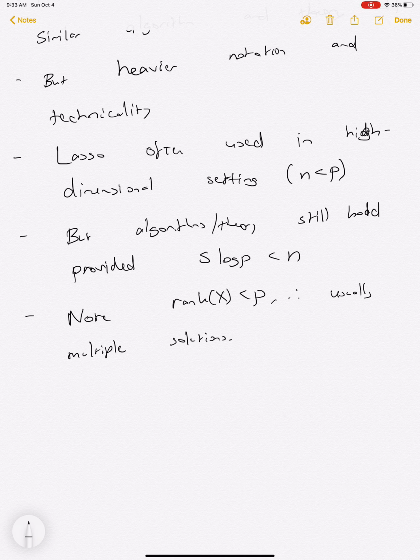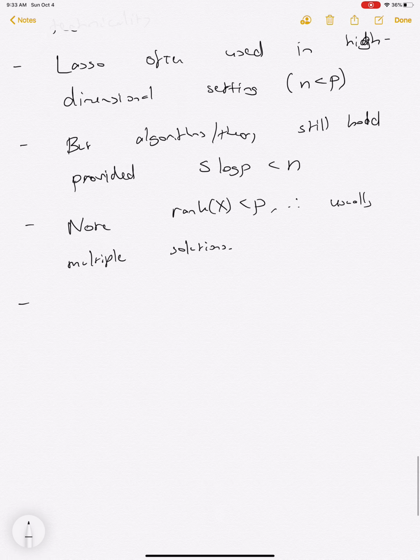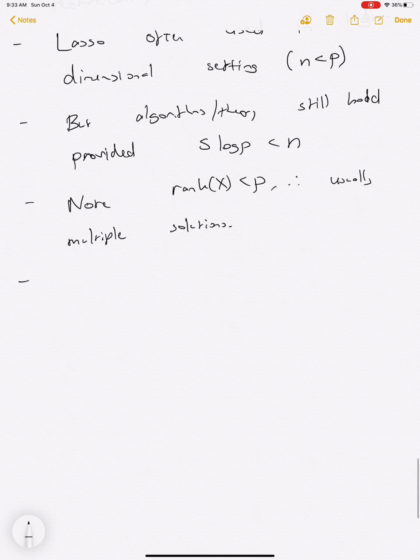If s is not that big, then you can still have pretty good theory and pretty good algorithms. And then the other thing I wanted to mention, and I did touch on this in the previous lecture, is that